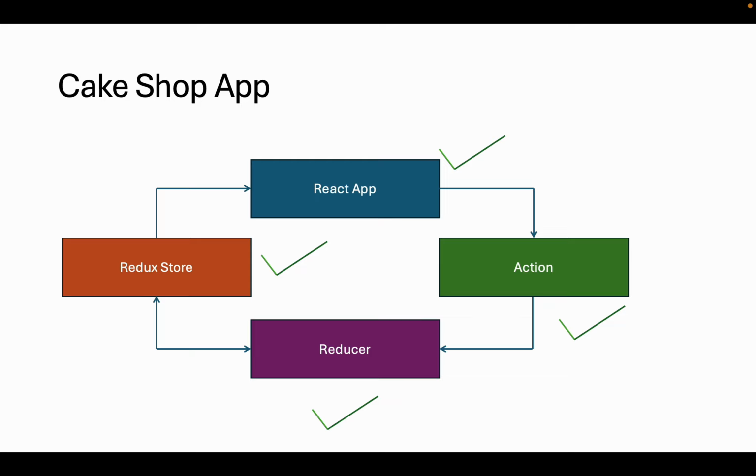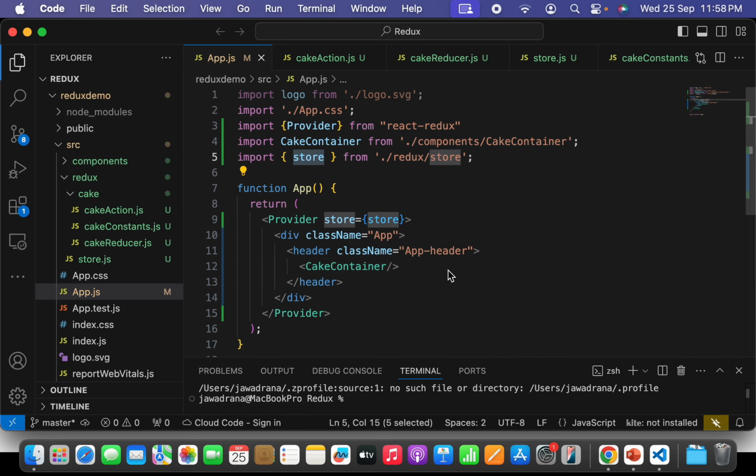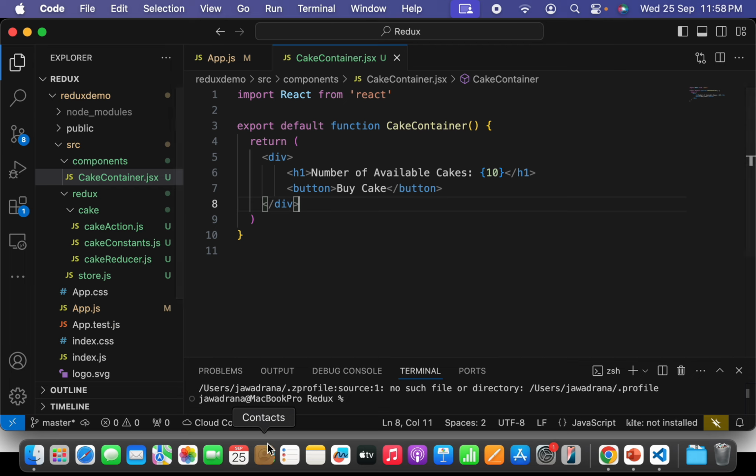Now it's time to understand how you can get access to the state that is available in your Redux store. Secondly, how you can dispatch an action creator towards your reducer or your Redux store. So, how can you do that? Let's move forward to our code and learn with the help of code how you can do that. Let me close our action creator, cake creator, store and all that stuff we had created